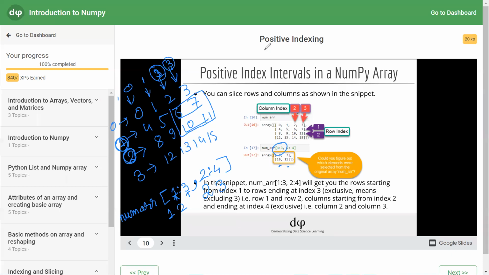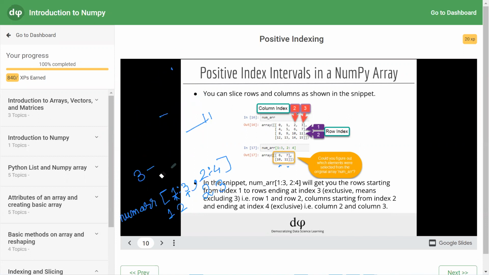So in this example, we have assessed elements in an interval, row wise and column wise, which resulted in a subarray containing 4 elements, 6, 7, 10, 11. And we have seen how it is assessed using slicing.